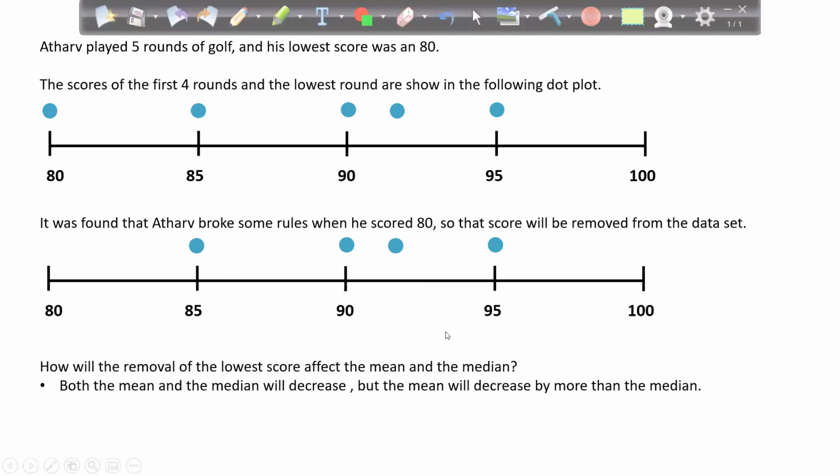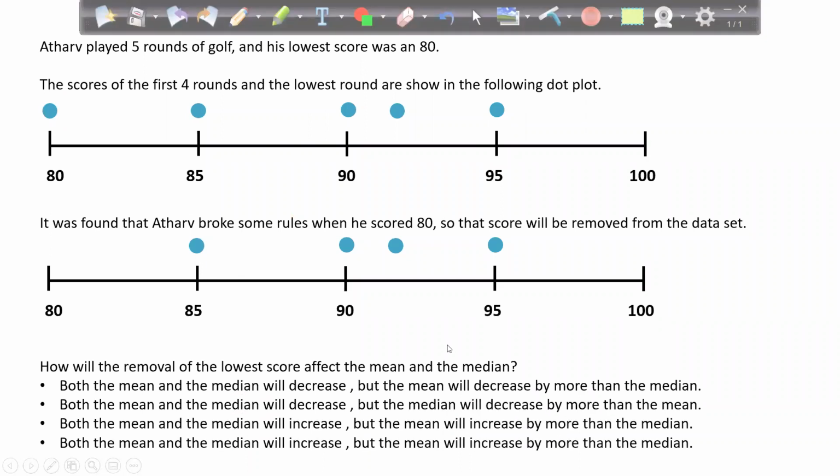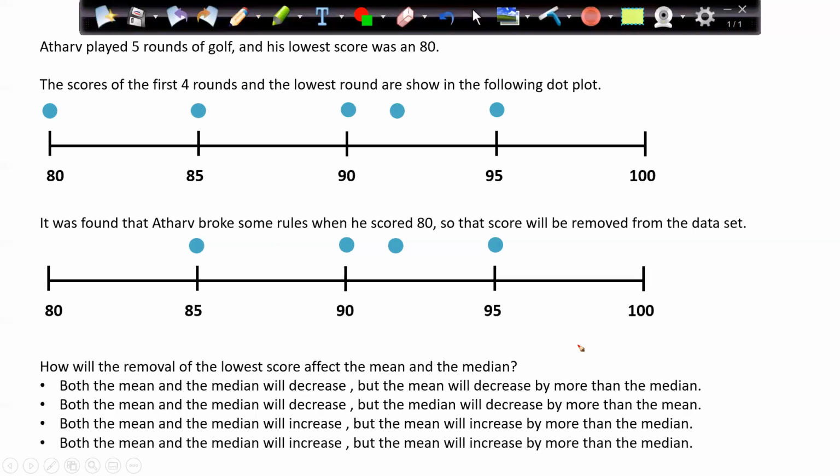Now we have these 4 options coming in with us. So these are the 4 options which they are giving us. So let's try to understand which option is the correct option. Either we can calculate or we can maybe try to assume. First of all, see, the lowest record is removed. If the lowest record is removed, obviously my mean will be shifting towards the higher side. Maybe my median will also shift towards the higher side. That means mean and median will decrease. This option is no longer valid.